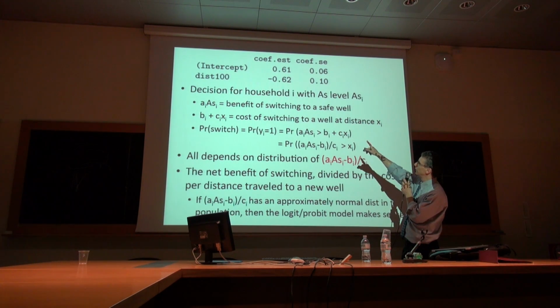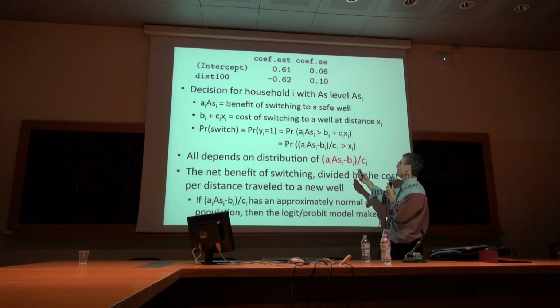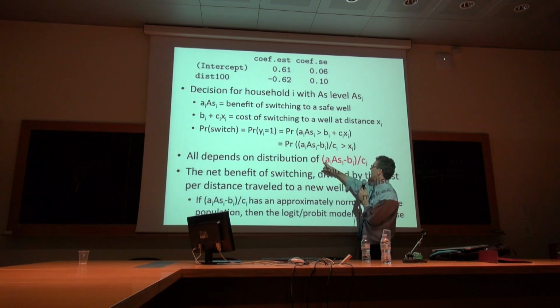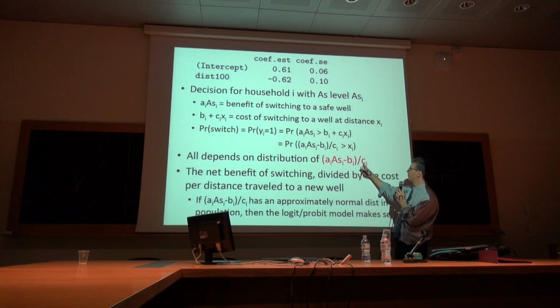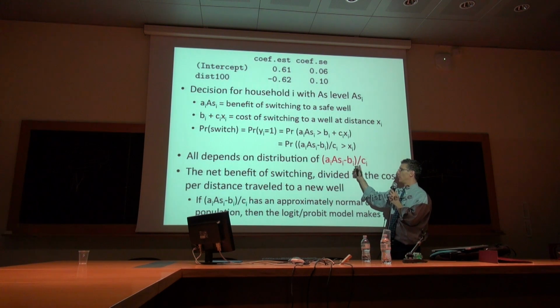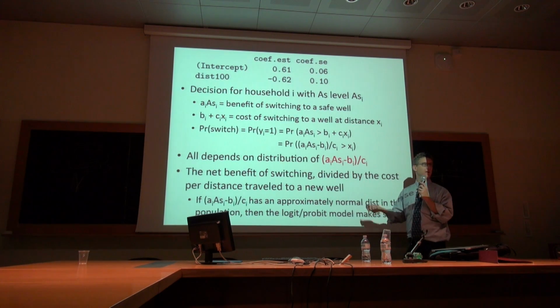So here you have a decision. Here's the benefit, here's the cost, here's the probability of switching. Mathematically, the probability of switching depends on the distribution of this term, which is the benefit minus the fixed cost divided by the per-meter cost, or per 100 meter cost, of walking with the water. This thing has a distribution, and the distribution induced by this gives you your logistic regression. And as long as this thing has an approximate normal distribution in the population,